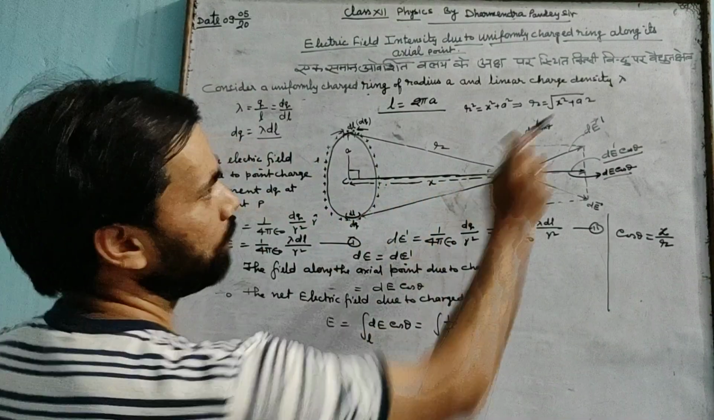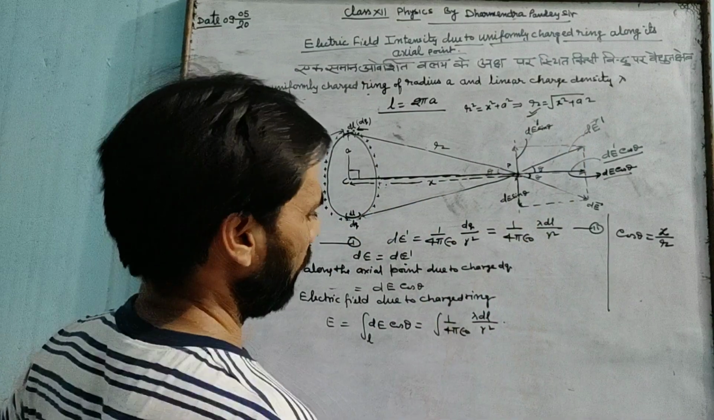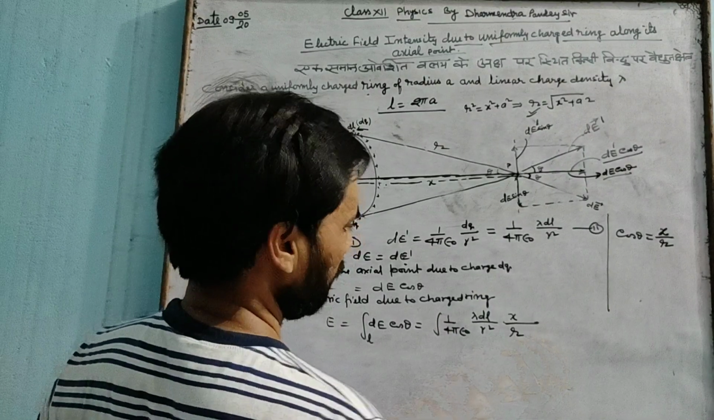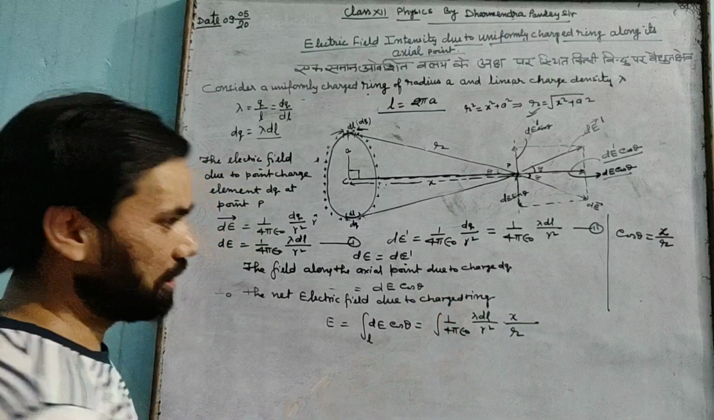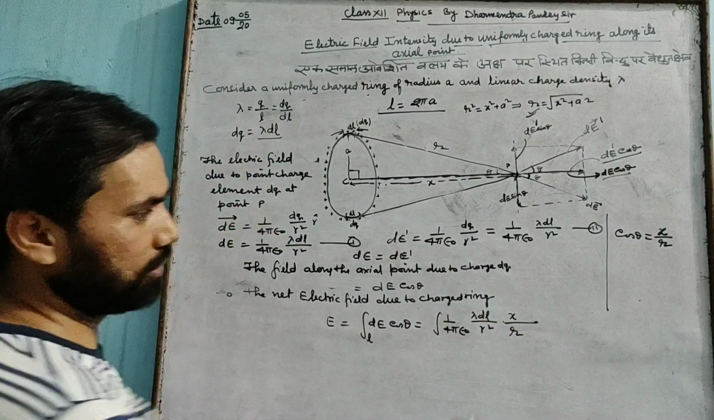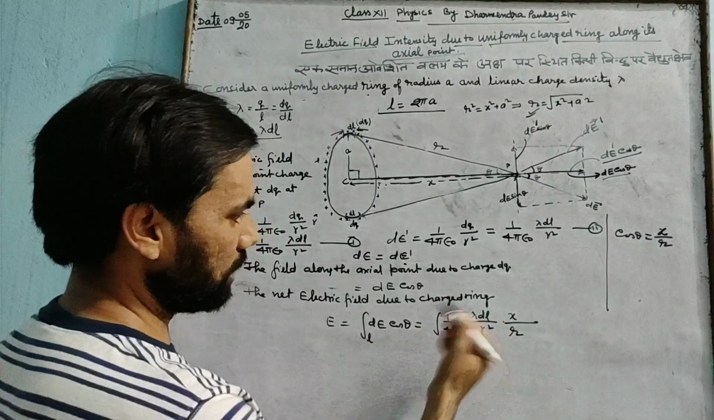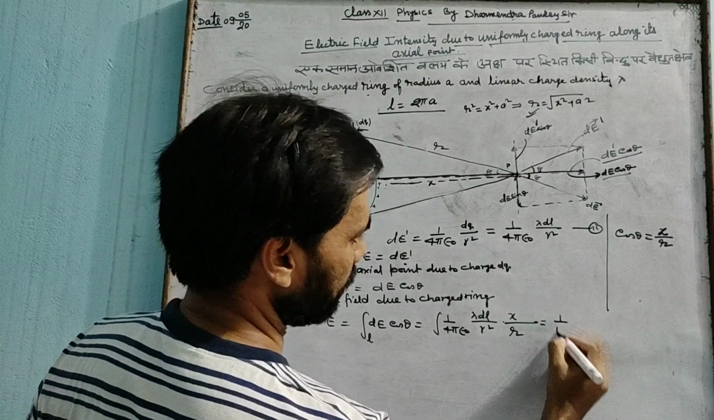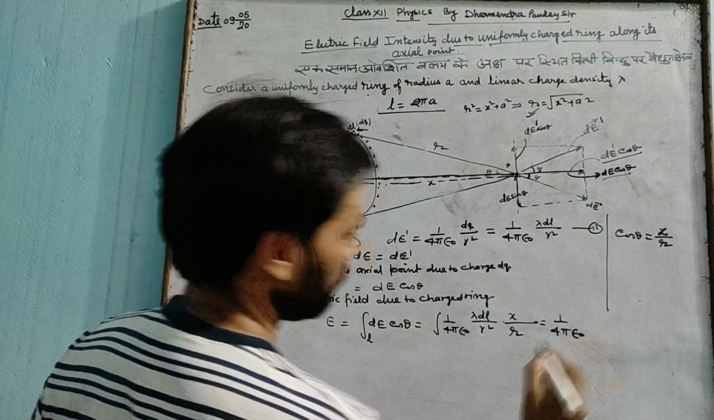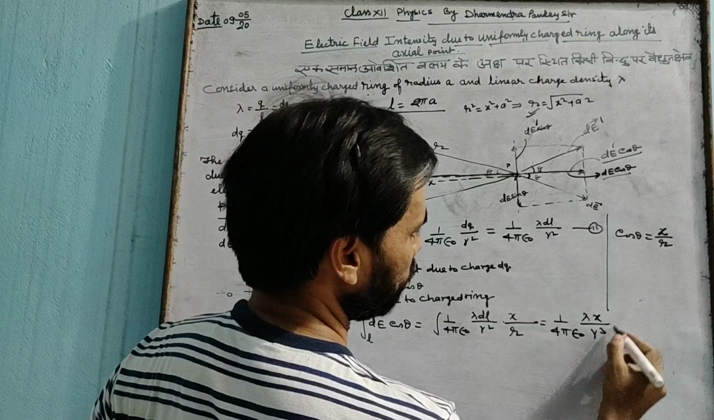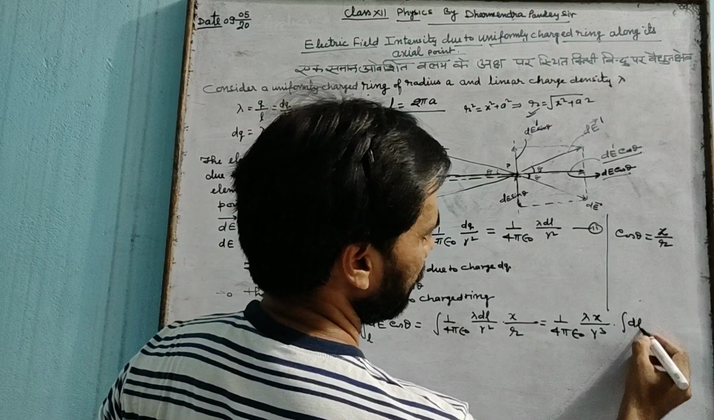And what is the value of r? This is here, and right here x upon r. What parameter here changes? Only dl. If you write this, dl will change, other parameters remain constant. So we can write this as 1 upon 4 pi epsilon 0 lambda into x upon r cube integral dl